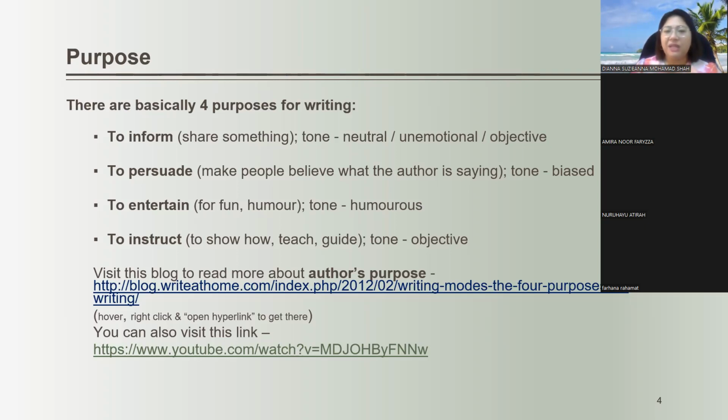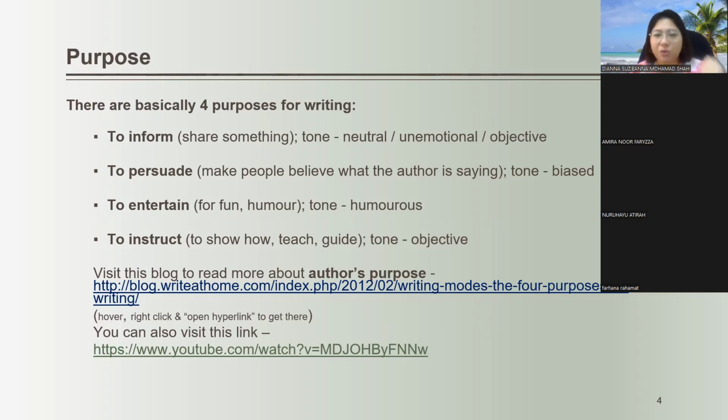I am now giving a lecture on author's purpose. This is actually to inform. I inform you what are the four purposes of writers. But then in a while, I'm going to instruct you to do a practice based on the ones that we have learned. So you need to differentiate between to inform and to instruct. To inform, bagi tahu. I am informing you there are four purposes for writing. In a while, I am going to instruct you to do an exercise about four purposes for writing.